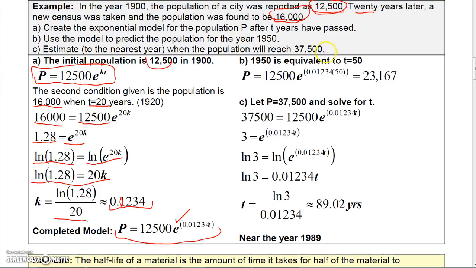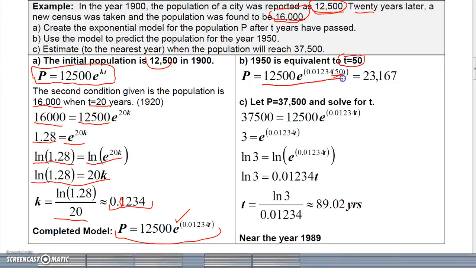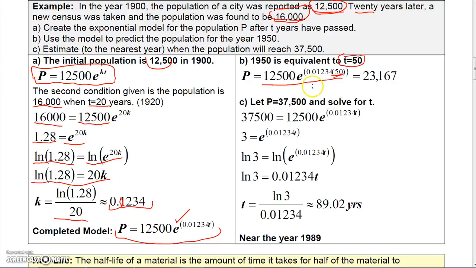So 1950 would correspond to T equals 50. So I would plug 50 into the function and then just solve this function when T is 50. So I get 12,500 times e to the 0.01234 times 50, and I get